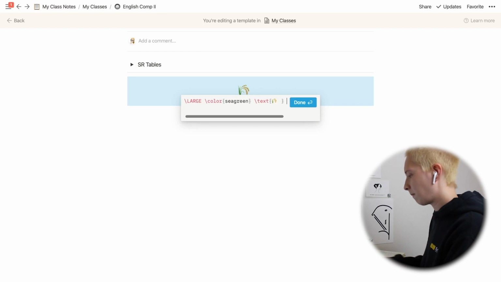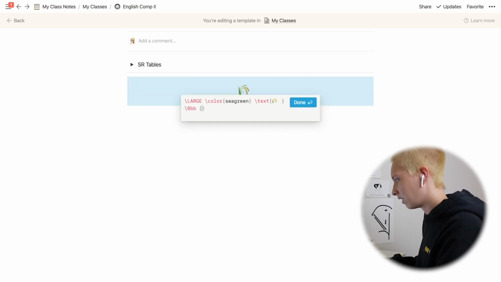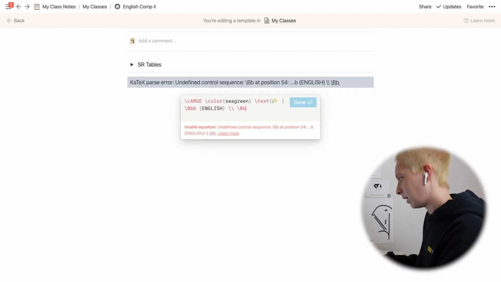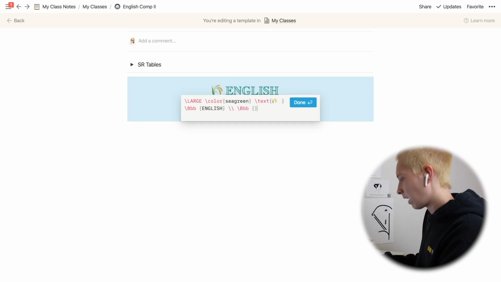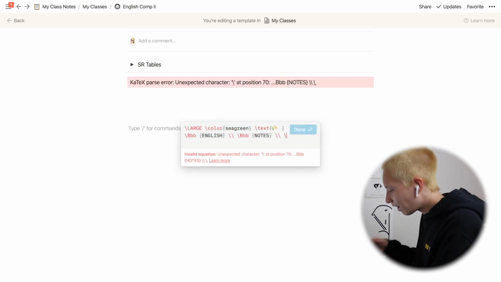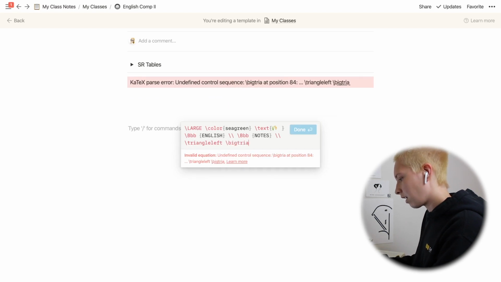Do a space. And then I want capital B, lowercase b, and this is a style of font. I'm going to do the brackets again, and inside these brackets, I'm going to put English in all caps. Let's do a double backslash to give us a line break. And again, we'll do the capital B, lowercase b, 2 brackets to say notes. Again, let's do another break, or let's look at it so far. So this is what we have. Put in a little triangle, triangle left, big triangle,